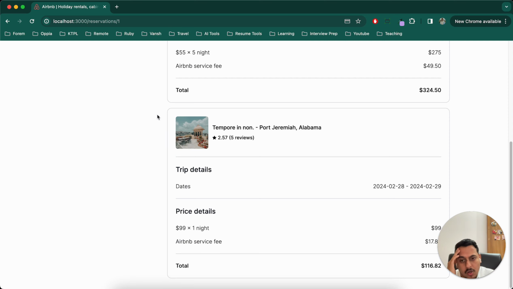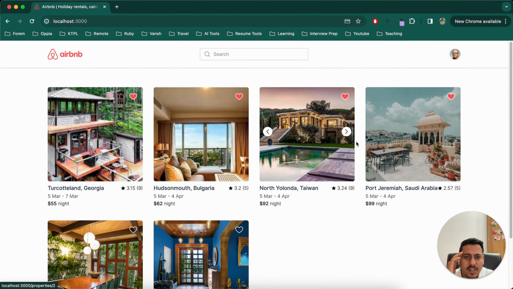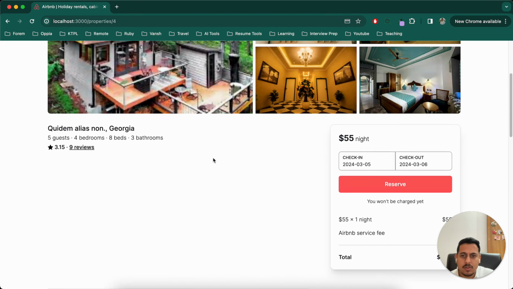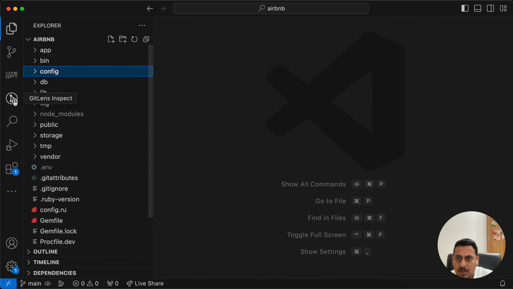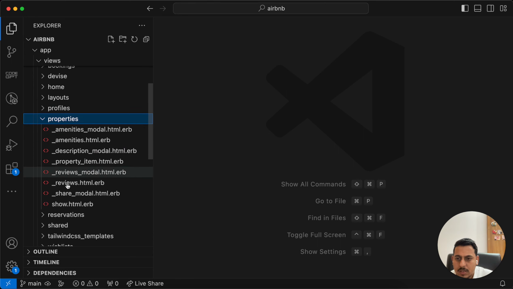Now, before I continue on this part, I have a couple of fixes that I want to do. So the first one is this one. There is an empty space here, so let's go and fix that. This is part of properties, right? So let's go to app, views, properties,